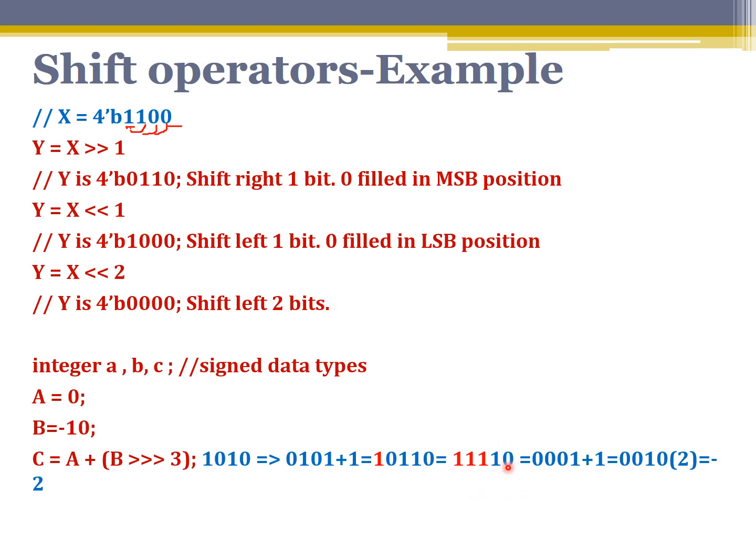When you take this number, excluding this sign bit, we are left with 0. When we take 2's complement of this, that is 0 0 0 1 plus 1, we get back 2. This 1 tells it's minus, so this answer leads us to minus 2, because a is 0, doesn't make any difference. So C will evaluate to minus 2 in decimal. The only thing to be noted here is that arithmetic left shift is the same as this shift. The right shift will retain the sign bit in the vacant positions.